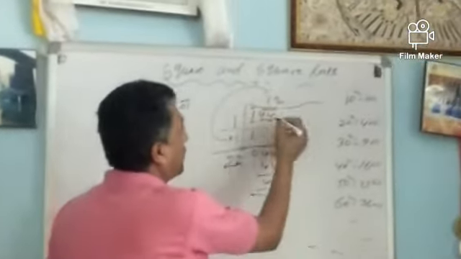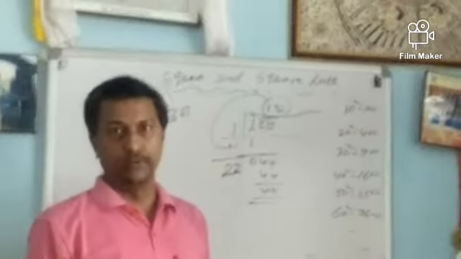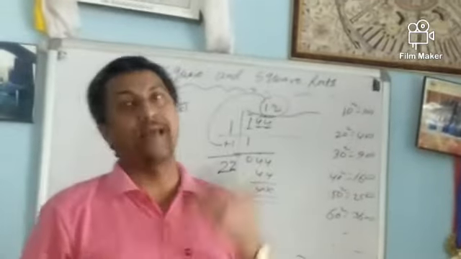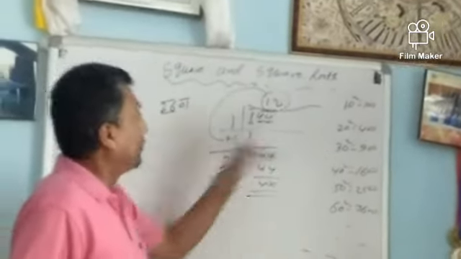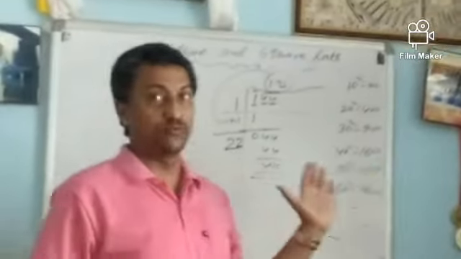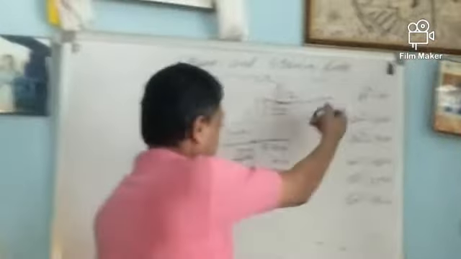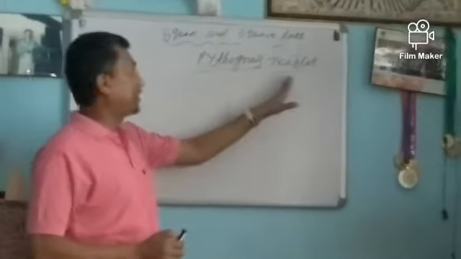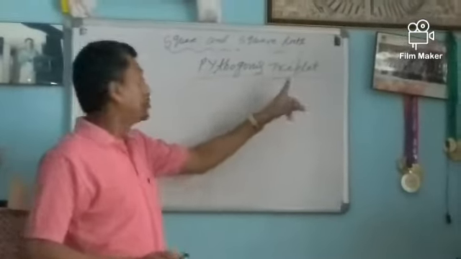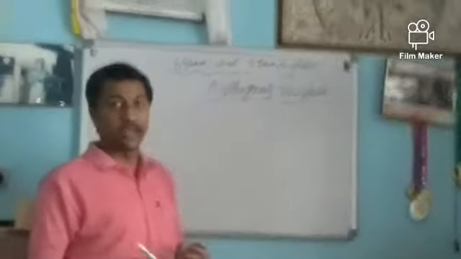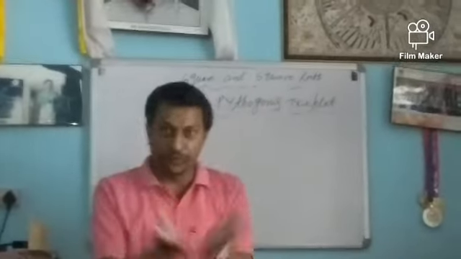So the square root of 144 is 12. So we have seen that for an objective question we apply the techniques, and for a subjective question, if we solve by the prime factorization method, we apply that process, and when we solve by the division method we apply this way. So finally now, the Pythagoras triplet to understand. Triplet means three numbers. We take three numbers and see if it is a Pythagoras triplet or not. It's a very easy process to know.